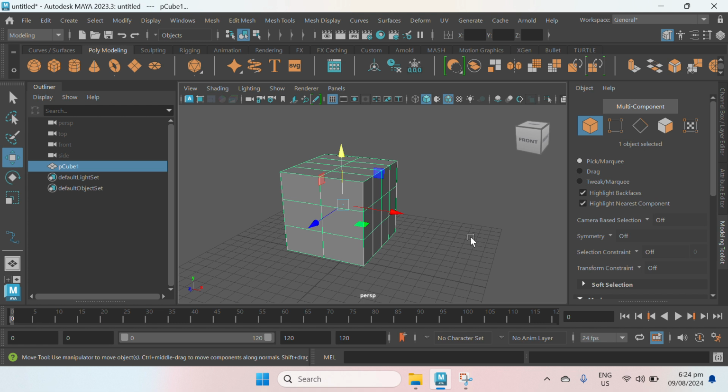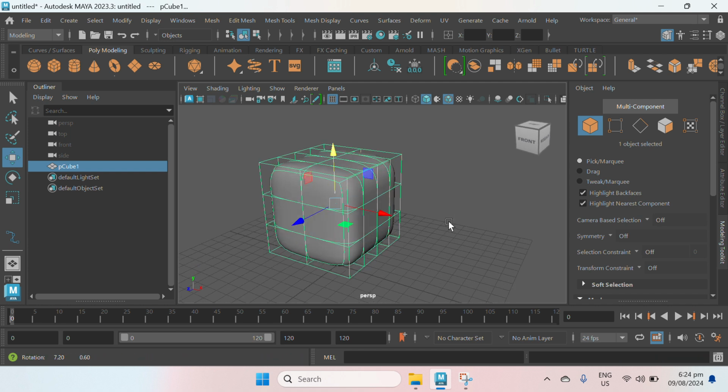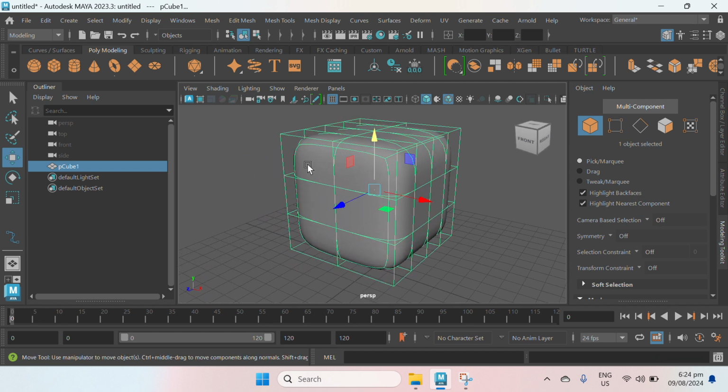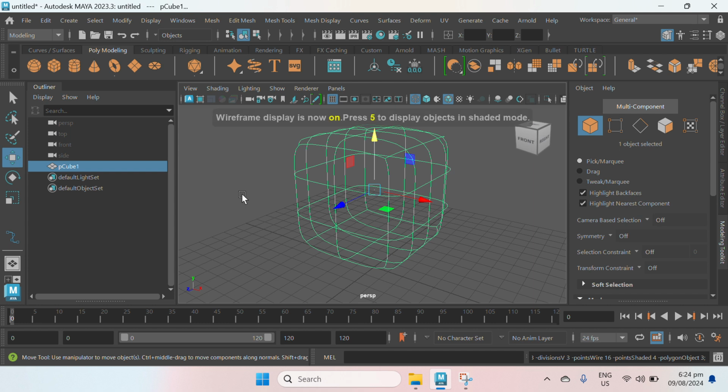Keypad numbers. For example, 1 is the hard edge mode. If I press 2 on my keyboard, we can see the hard wireframe and the smooth preview. If I press 3, we can see the smooth preview. 4 is the wireframe.